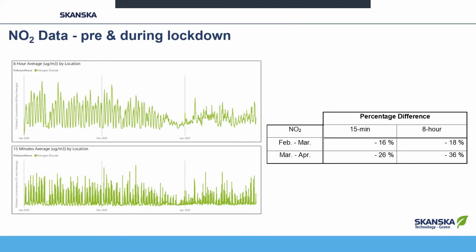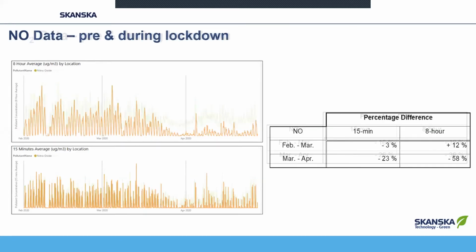So this is a big drop in NO2 levels, and that is also reflected in our NO levels as well, where we've seen a smaller drop from February to March, but bear in mind that half of March was actually pre-lockdown, and then a massive drop again from March to April. So as the amount of traffic in the area decreases, as the number of trains decreases, as our construction works decrease, that has been incredibly well reflected within the data that we've had.